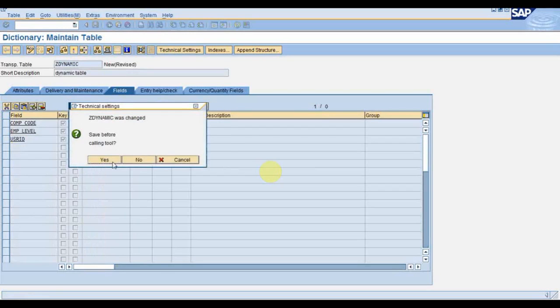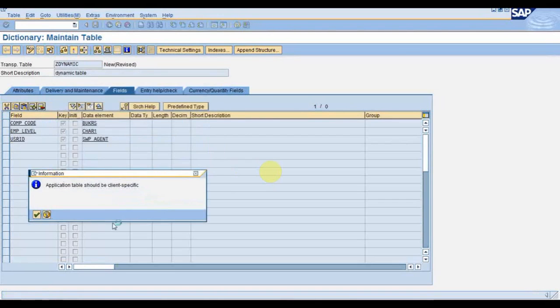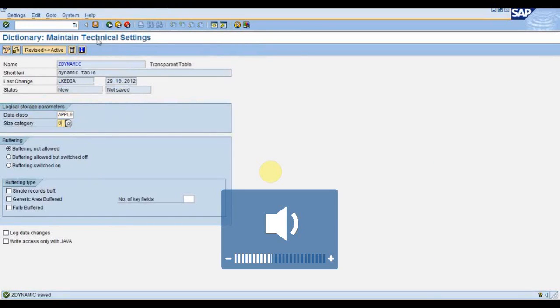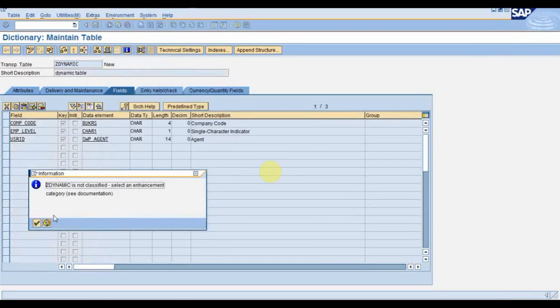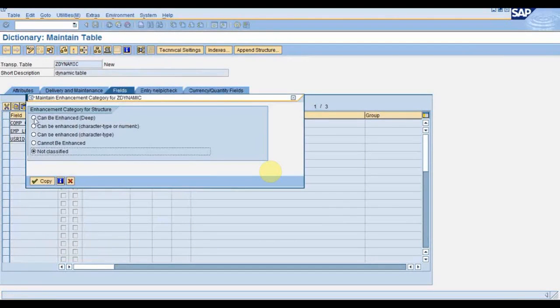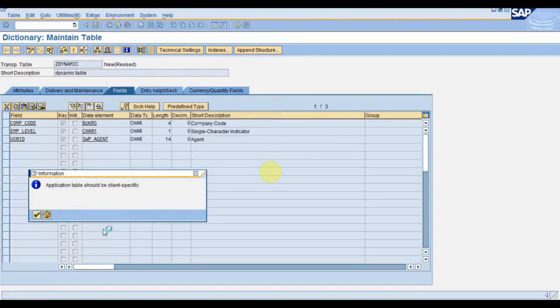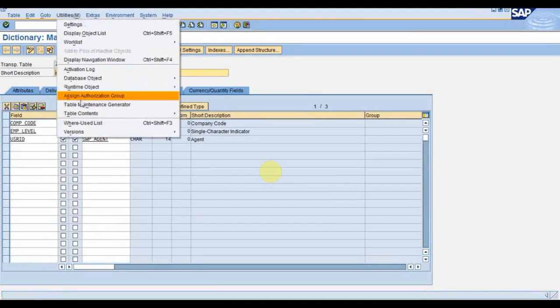Now going to the technical settings. It has got activated. Now I will maintain some data.